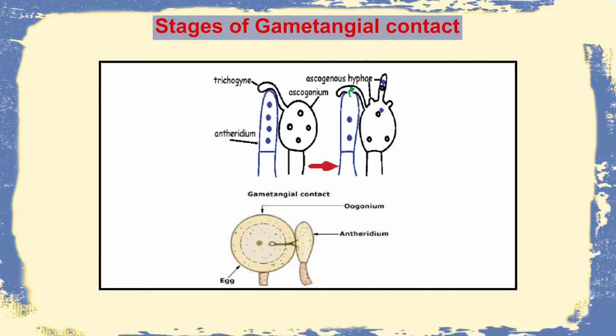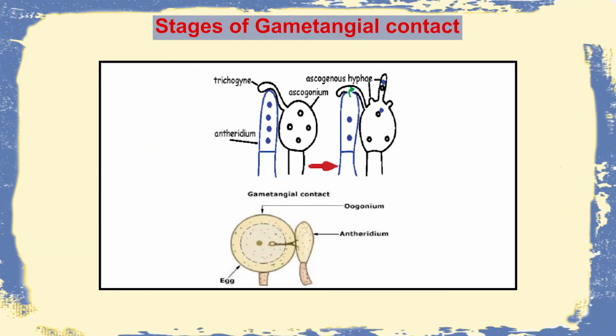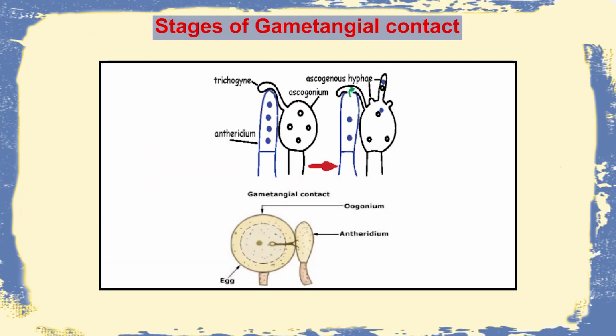This is a unique type of reproduction seen in some ascomycetous fungi like in Penicillium, where there is the male antheridium and the female oogonium, or sometimes the female ascogonium and the male antheridium. What happens is the antheridium will come close to the female, and the female will actually bind with the antheridium with the help of an umbrella-like structure called trichogyne, and then there will be fertilization. Or sometimes there will be direct penetration of the antheridium releasing the male spores inside the female, and the reproduction will occur and it will produce the diploid spore. But this type of reproduction is called gametangial contact.